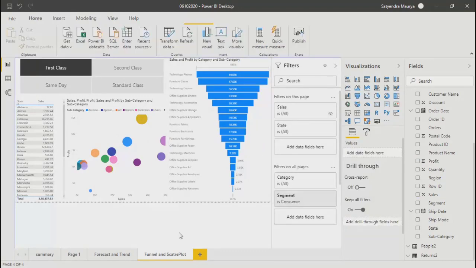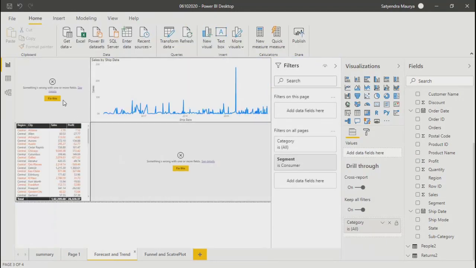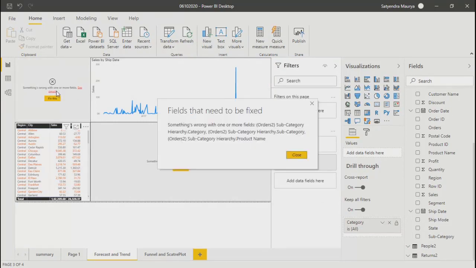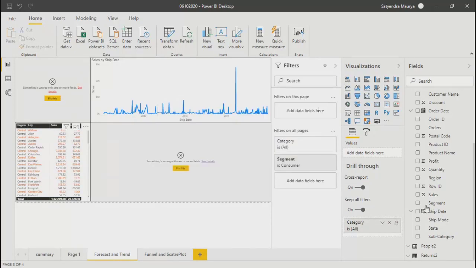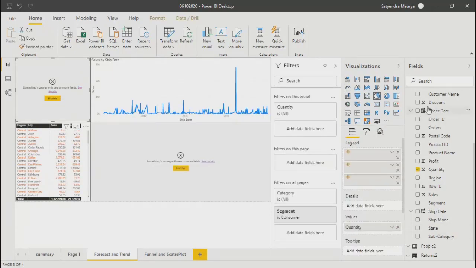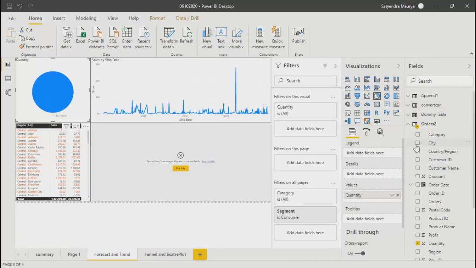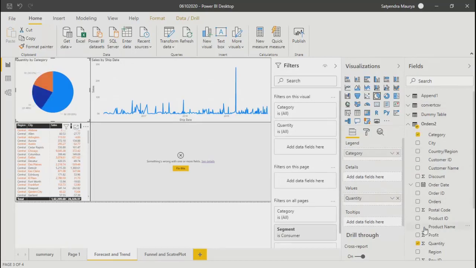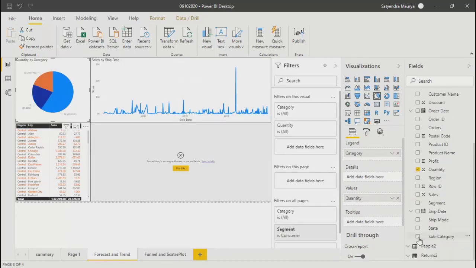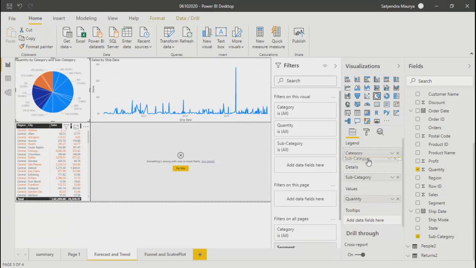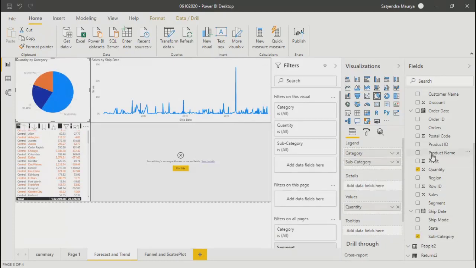Right? Same goes with these charts. So something went wrong with one or more fields. What is that? Again, same subcategory hierarchy. So I believe we created one hierarchy, but as of now it is not there. So over here again, it would be your category, then subcategory, and then product name.